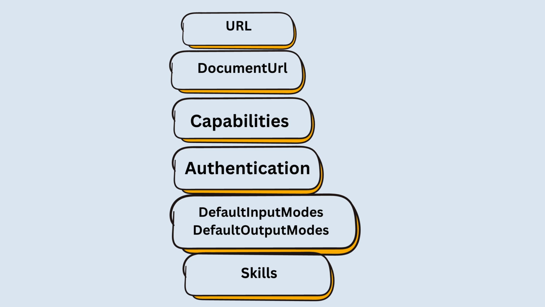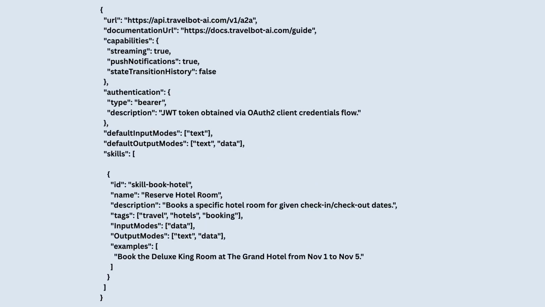Okay. Then skills are very important in terms of what exactly the agent can do, whether it can book a flight ticket, whether it can book a hotel. So these kinds of details are provided in the skills section. Okay. So let's see one sample agent card. How does it look? So if you see here,